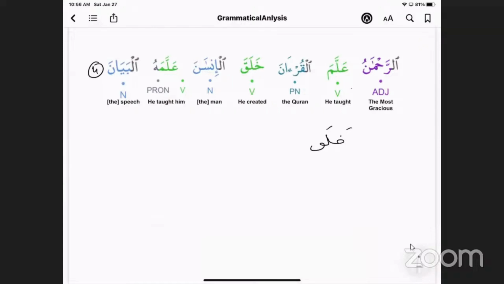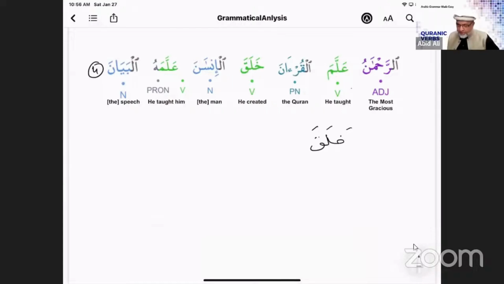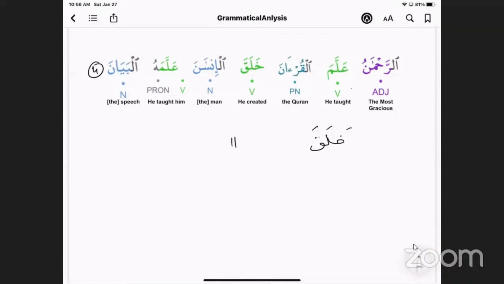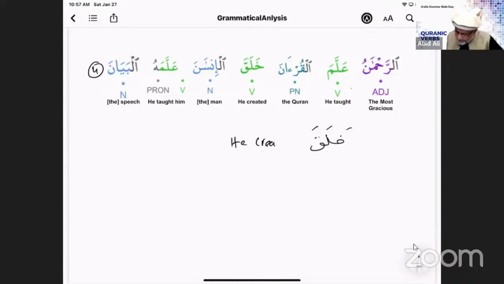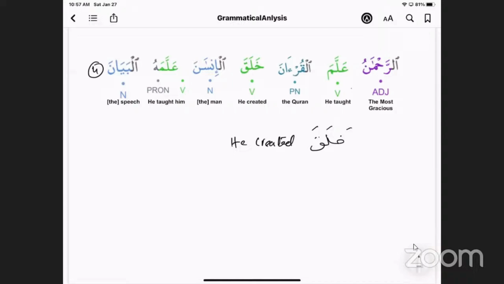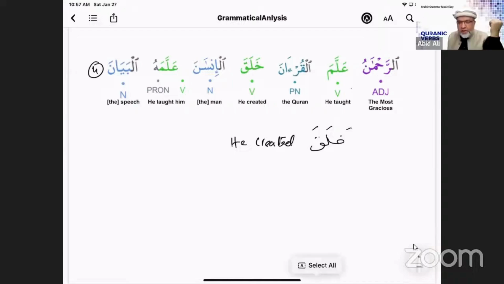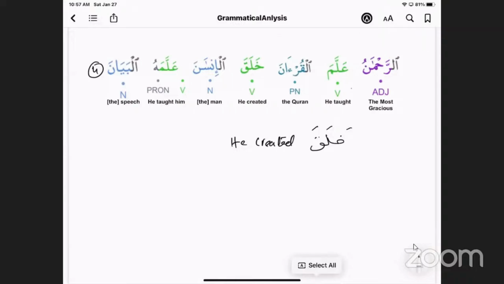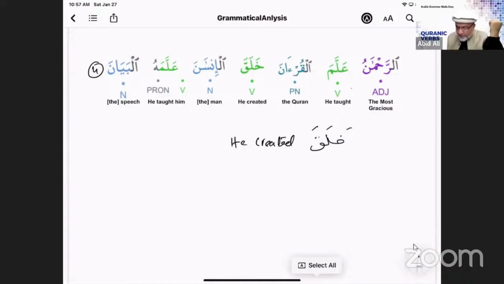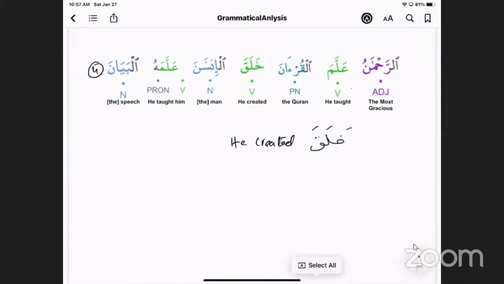Let's do some easy translation. What is the meaning of khalaqa? He created, right? Can you omit "he" from here? Can you omit "he" when you say "created"? In Arabic, you cannot omit it when you say khalaqa, because then it won't be right. But now can you say